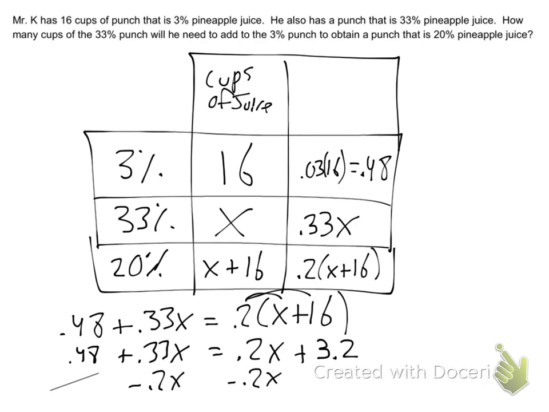So can I subtract 0.48 from both sides? These are gone. I need to go over on the side here. What is 0.33 minus 0.2? 0.13. X equals